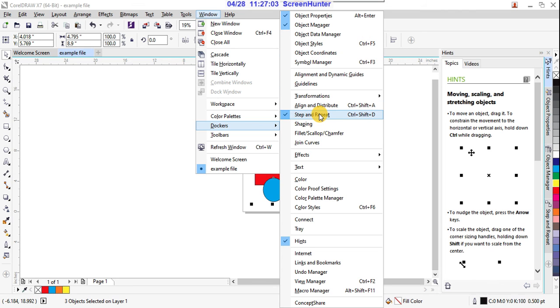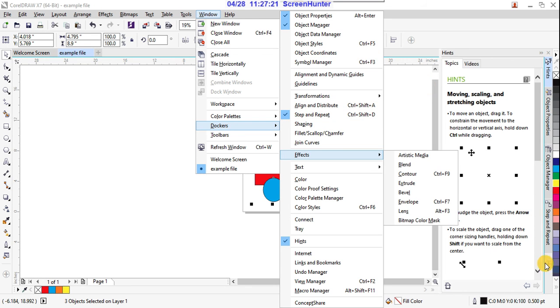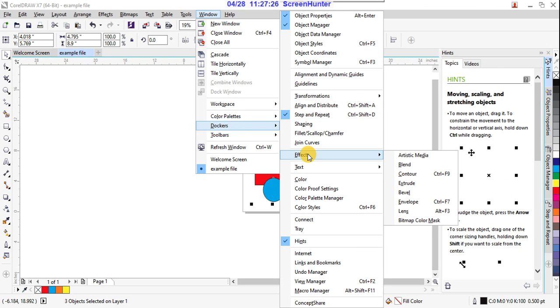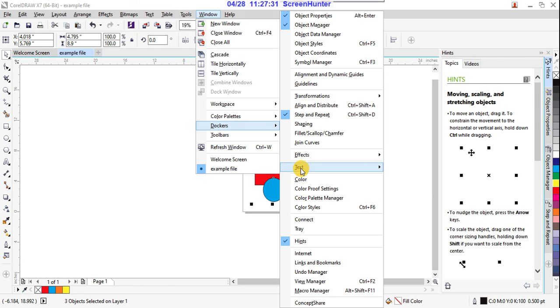Dockers are like panels in Photoshop or Illustrator. Here we are using dockers. In dockers, object properties, object manager is there. If you observe here, object properties and object manager are already displayed here, right? And the step and repeat, that is also available here. So all open, the tick mark showing what? All are showing. And hints are also available. So that is hints, right? Whatever you want, you can just click on this particular docker, so it can display on screen, right?